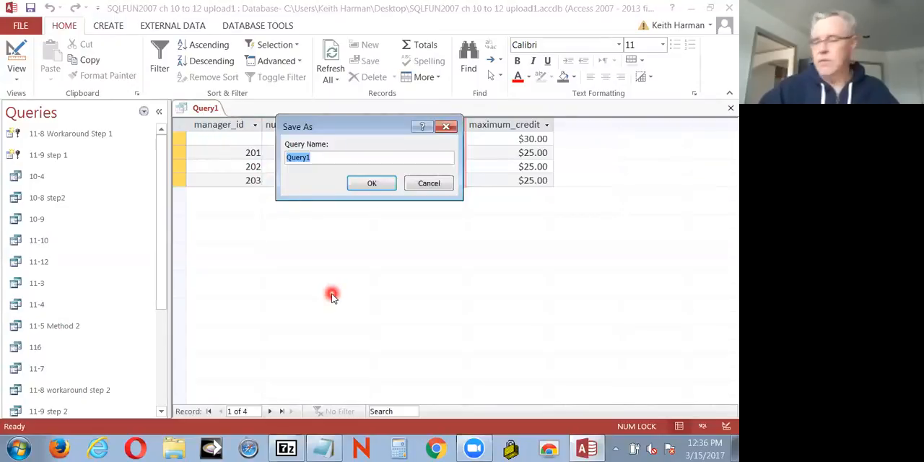And we'll save that. They don't instruct us here in the text to save it in any particular way. Well, actually, if you look over at page 440,